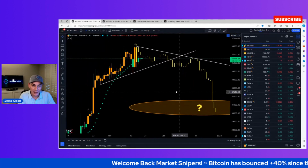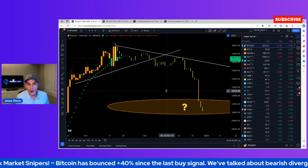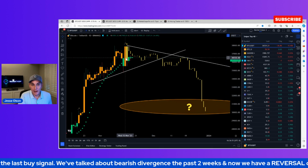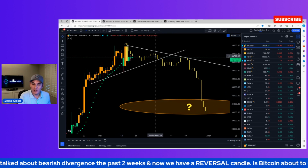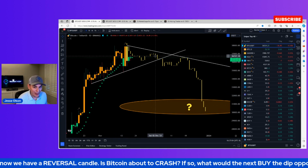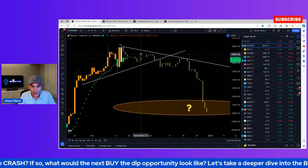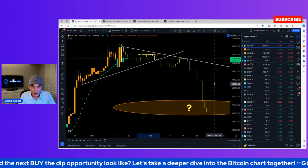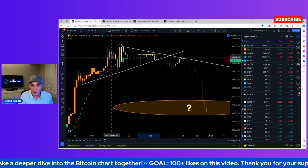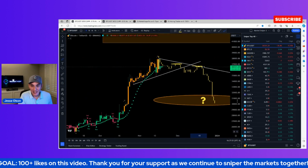So just like I said, I don't expect this fractal to play out exactly. Obviously, I don't think that, but it's just for visual purposes. I don't think price just goes straight down, right? I think we kind of battle through, especially since the weekly chart is still ultra bullish. I think it takes some time to play out. And you can see that after this reversal candle, I'm expecting at some point a lower high gets put in, going through this battling of this topping pattern, right? After bearish divergence, after the reversal candle, a lower high, and then possibly another even lower high, very similar to this